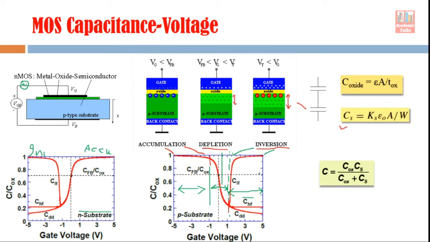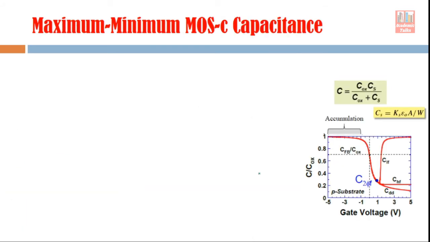So once you understand all this MOSFET capacitance-voltage behavior, you are almost ready to understand what data we have with us, and how we can use that data to find out the carrier concentration. Right, now we will see. All these things are reproduced here again. This graph, you have already seen, shows how the capacitance changes as a function of voltage. This is the maximum capacitance we get, and this is the minimum capacitance. This is our C minimum, and this is our C maximum.